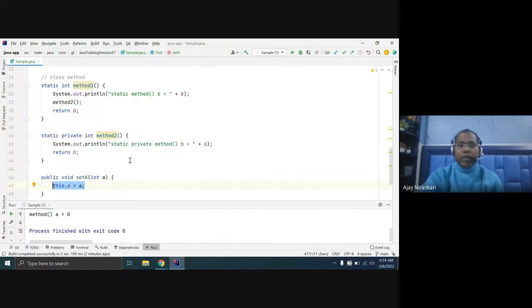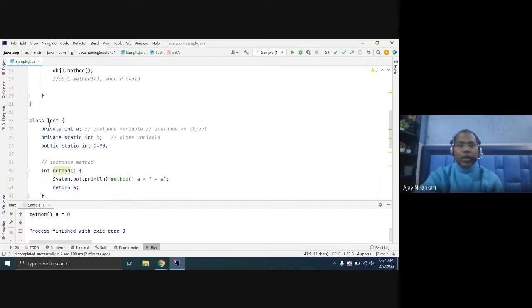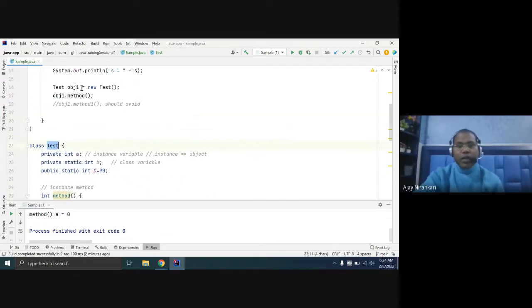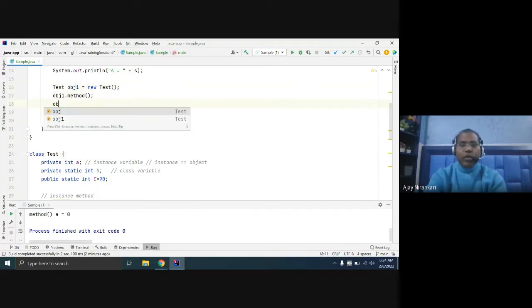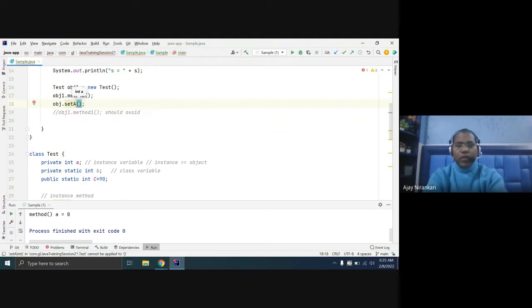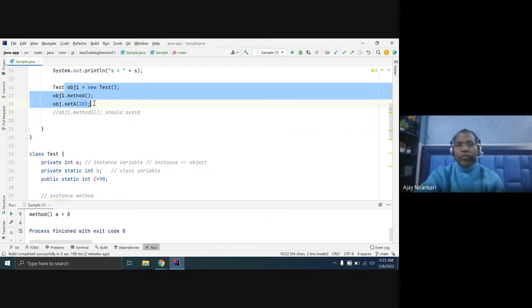Here I am just setting it. You can create one object here, and here is object1 dot set a value. The value I want to set is 20.